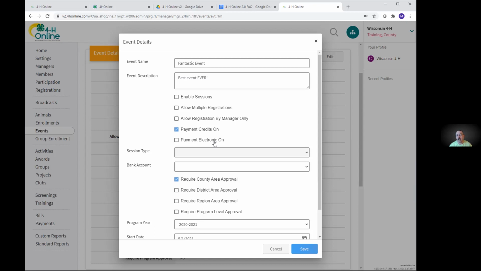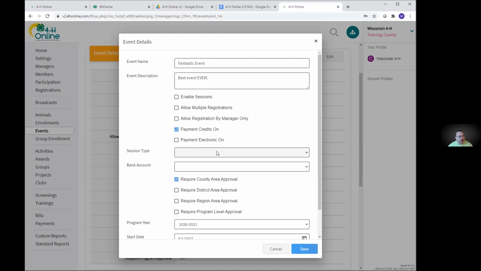And it's for PCI compliance, even though we're never going to see their credit cards, but it has to do with that part. So we're getting closer, and I'm thinking it's going to be soon, but soon as in maybe in May at the earliest. But still, it's better than a couple of years ago when we were like, yeah, it's never going to happen. Now we're like, it's coming close. So for now, no credit card payments, only by checks. You need to make sure you have that box turned on.